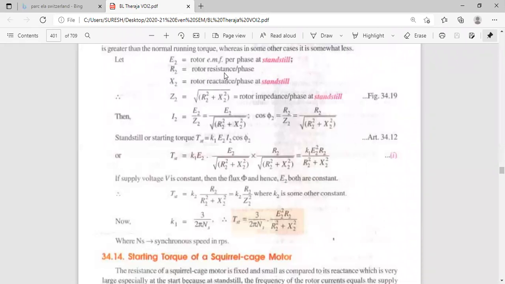E1 is the stator, but you don't want E1 or R1, all those things, because the rotor is running and EMF is induced in the rotor, E2. That's why I am taking only E2, R2, X2, Z2. R2 is the resistance of the rotor winding. X2 is the reactance of the rotor winding. The combination of R2 and X2